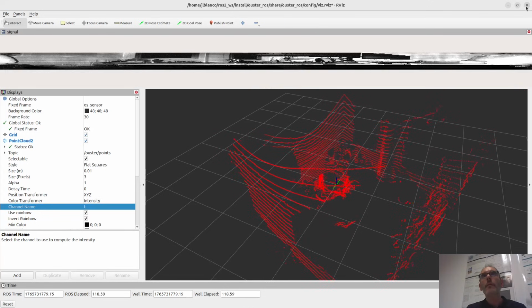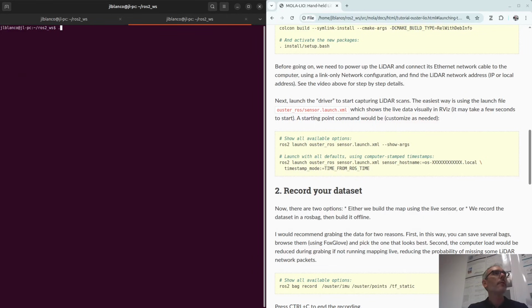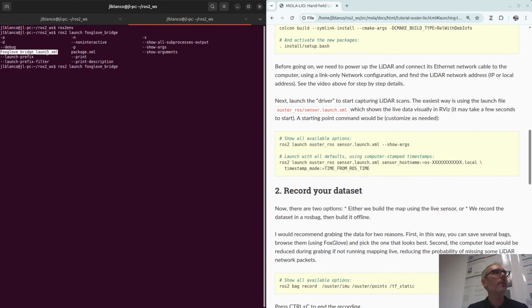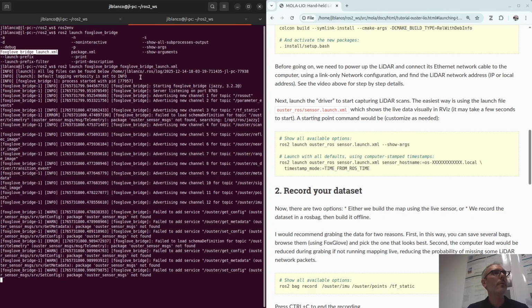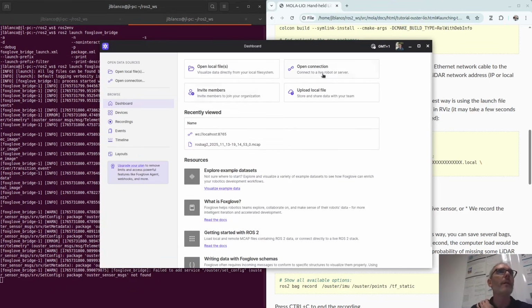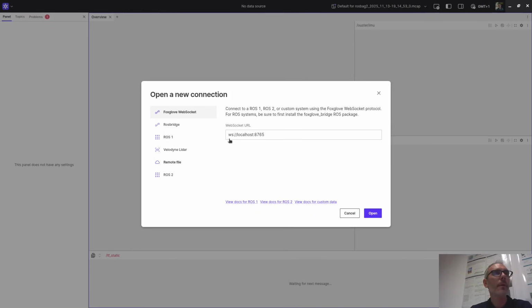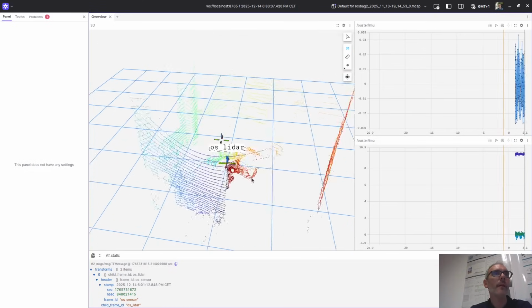Instead of RViz, you can also use Foxglove, which I actually recommend a lot. You can use Foxglove by first installing the Foxglove bridge if you don't have it already, and then launching the Foxglove bridge node, which takes all the ROS2 world into a WebSocket, so the actual Foxglove graphical interface can access it. Open Foxglove, open a connection to the default WebSocket, and you should see the data straight away.